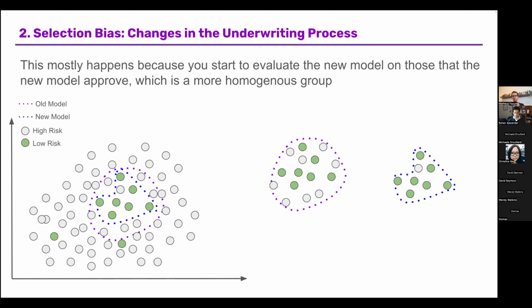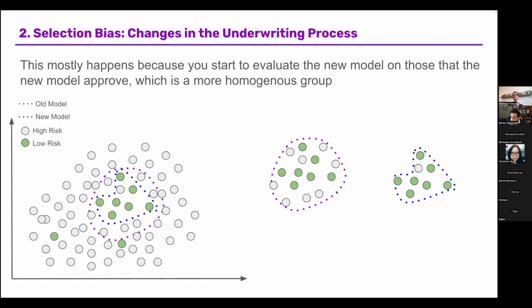But of course, this model is not perfect. It makes mistakes. And the people that the model let in but actually were bad customers and defaulted are going to show up only after you put that model in production. So what essentially happened is that you're now validating the model on the mistakes that it makes. As soon as you put a model in production, the data that you have is data that passes through that model, and hence you only see the data that it mistakes.